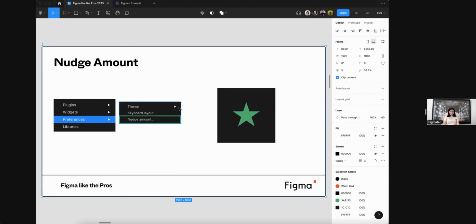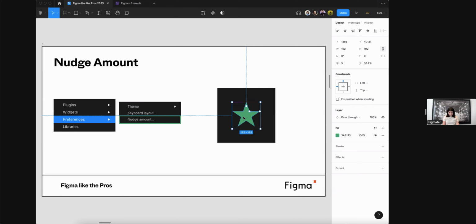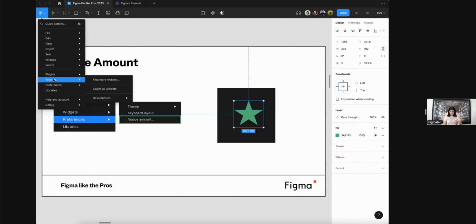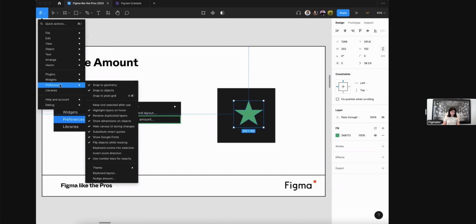Moving on, let's talk about nudge amount. So when you're moving things on the canvas, you may have seen that you can use your keyboard, with your up and down arrows and left and right, to nudge them around. This is really helpful to just have that fine editing, but you can actually set your nudge amount, so it will nudge a specific amount. We have a small nudge, which is just 1 up and 1 down, or if you hit Shift, it will do a larger nudge. If you want to edit those numbers, you can go into your preferences